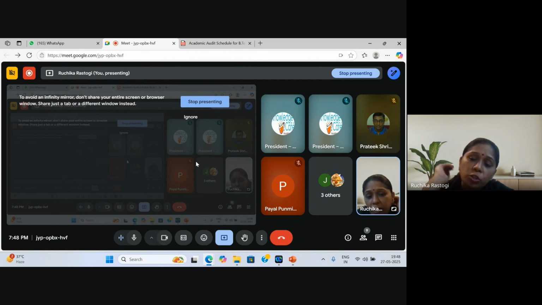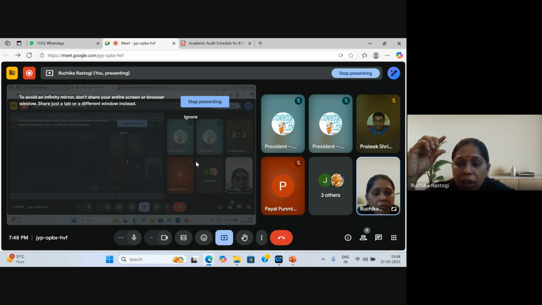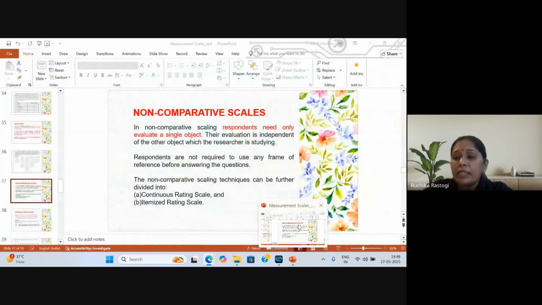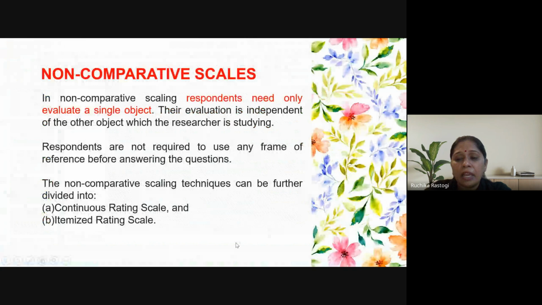When you frame the questions of economic well-being, the variable is 1, economic well-being. When you ask the questions of cash, there is only 1 variable, cash. For credit, there is only 1 variable, credit. And for interest rate, there is only 1 variable, interest rate. So when we have only 1 variable and we are asking the question, it's not a comparative one. We can use a non-comparative scale. That was the clarification from my side regarding the scale. Let's come back to the slide.